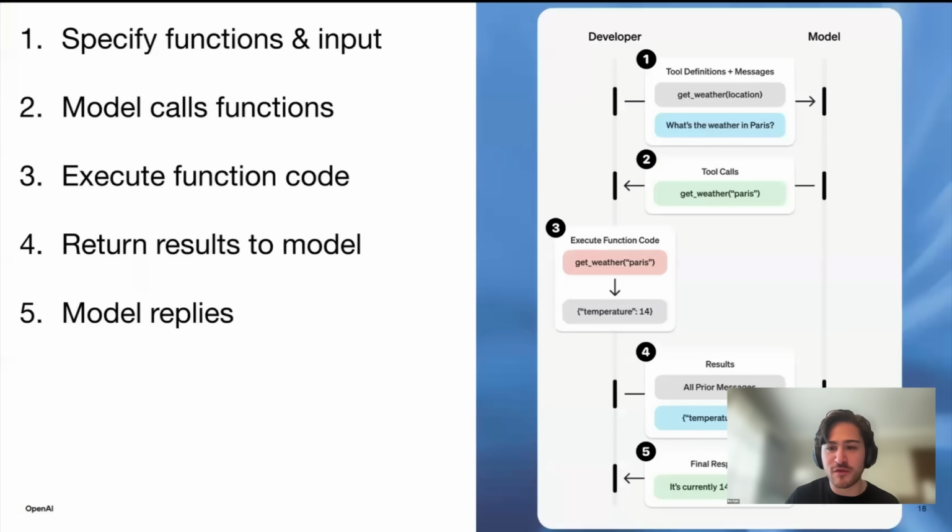This is also a diagram straight from the docs, but I'll quickly brush past this. I'm going to assume most people have at least seen this. You tell the model which functions you want it to be able to use, and you also provide whatever the user input is. The model tells you what it wants to do with that function, but it doesn't actually do it. This is a big sticking point in function calling. It doesn't actually use the function itself. It tells you the intent of what it wants to do with a function. You are then responsible for parsing that, executing the code, doing whatever you want with it, and then providing the result back to the model. And then the model can use that result in the generation.